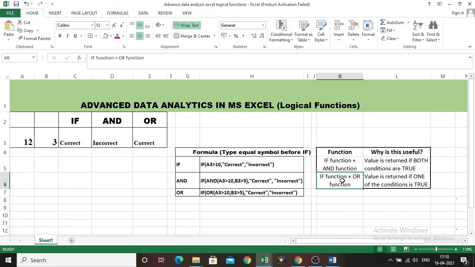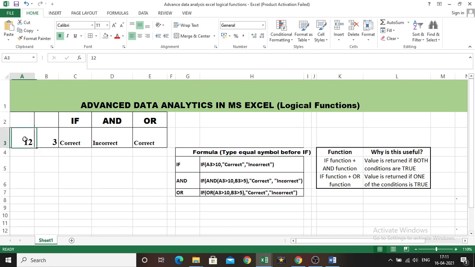In AND and OR functions, the main difference is the AND function will give you output as true if both the conditions are met, whereas in the OR function, if either of the conditions is met, then it will give you the output as correct. So just one condition is enough for OR to give you the output as correct, whereas for AND both the conditions should be met, then only the output will be returned as correct.